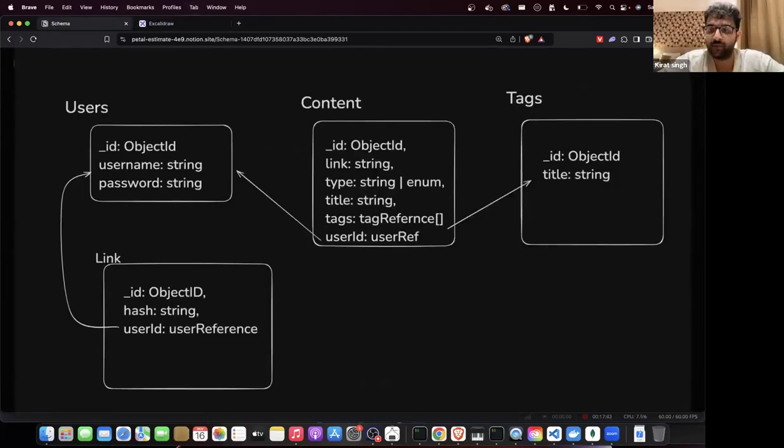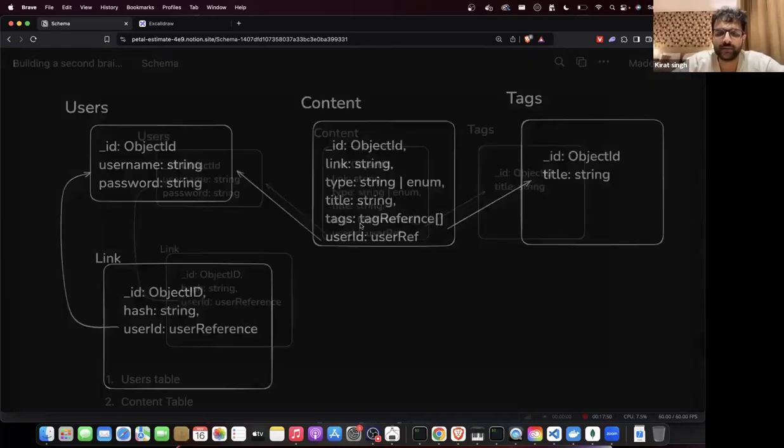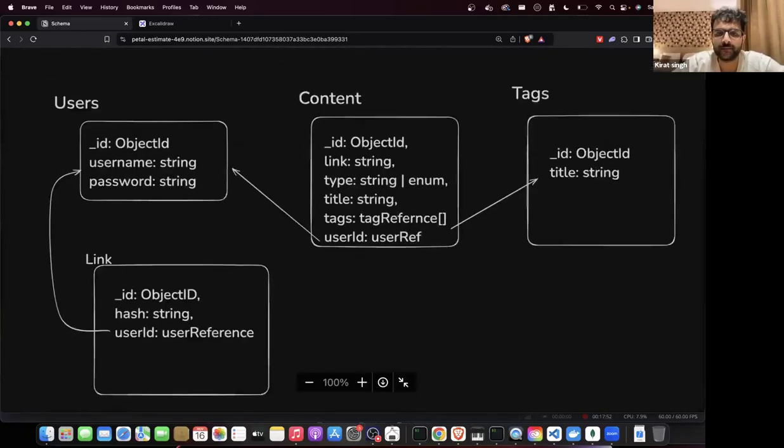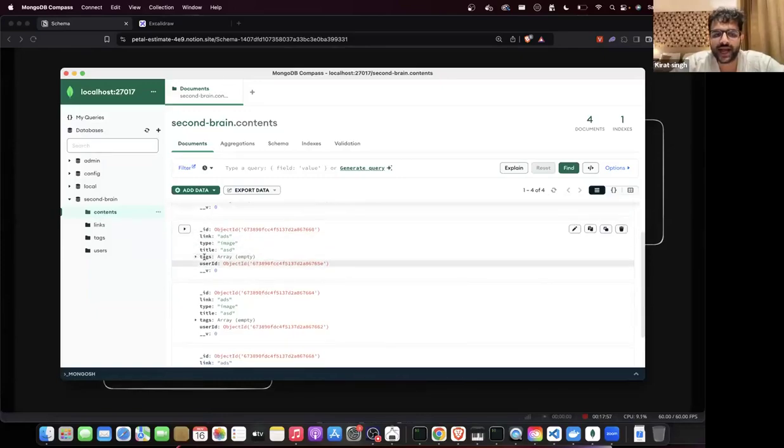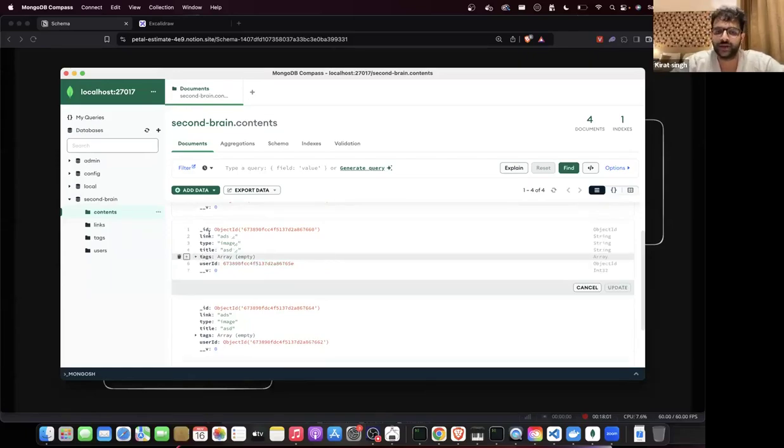In MongoDB, a NoSQL database, you can put a very complex object in. You can directly put an array there. If I open MongoDB and look at one of the rows over here, you will see tags is an array. Here I can also put an array of things. I was writing this before the class.